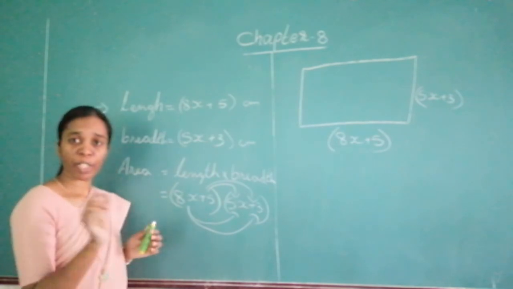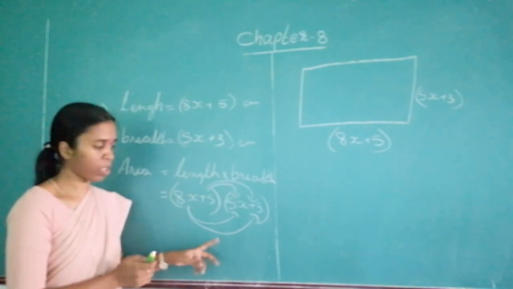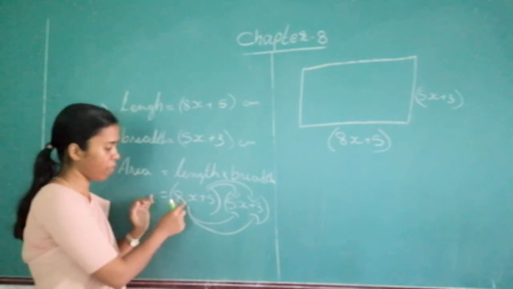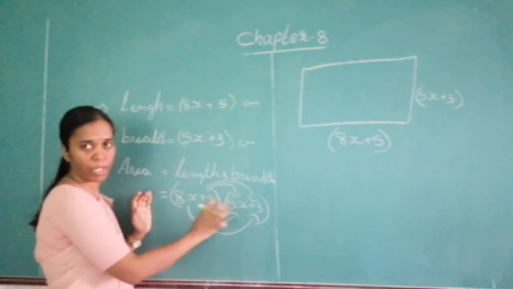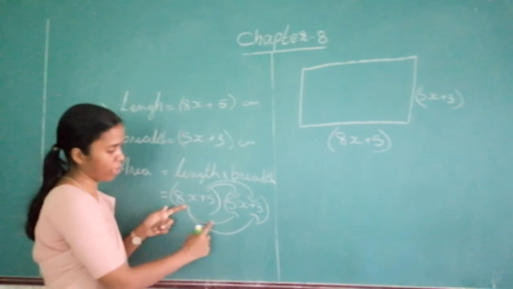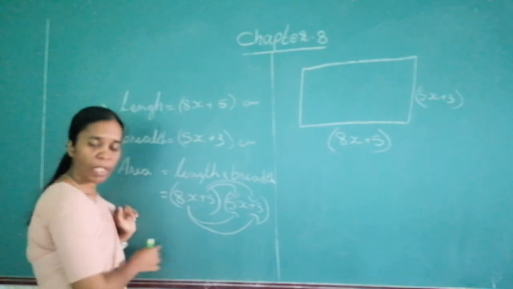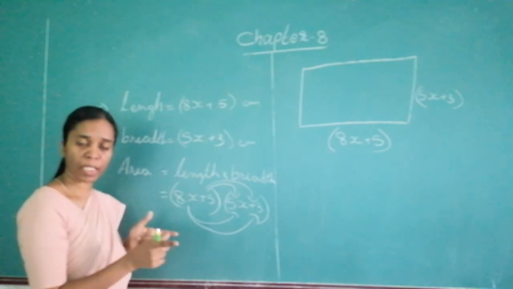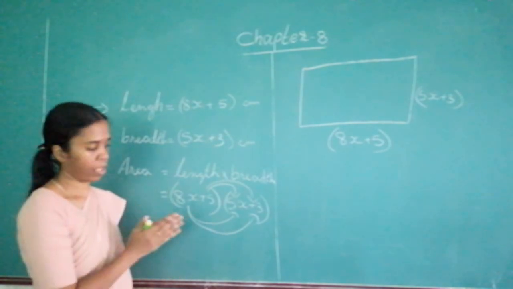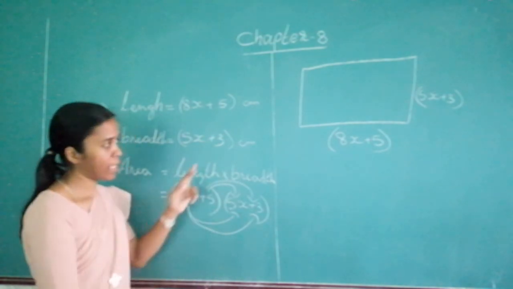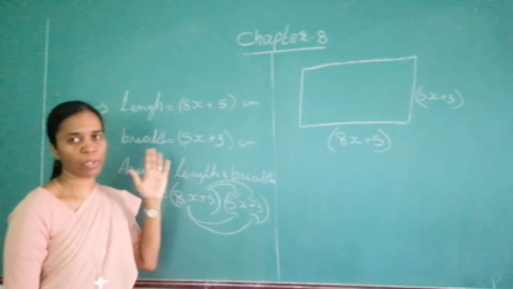I repeat. When you are multiplying, please don't put these arrows. Even in the example I put, you please don't put it. This is only for you to understand that every term, each term outside the bracket should be multiplied with every term of the second binomial. That is why I put the bracket. So first multiply here, second multiply here. Whatever expressions you get, check for like terms. If there are like terms, put them together. That will be the area. And finally, what will be the unit? Centimeter into centimeter is equal to centimeter square. That will be the unit.